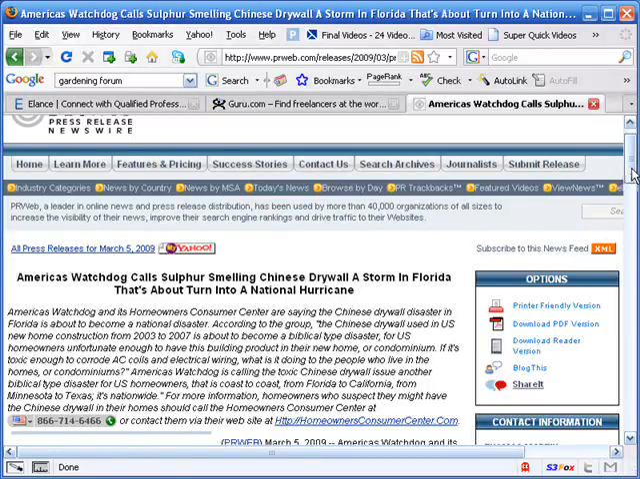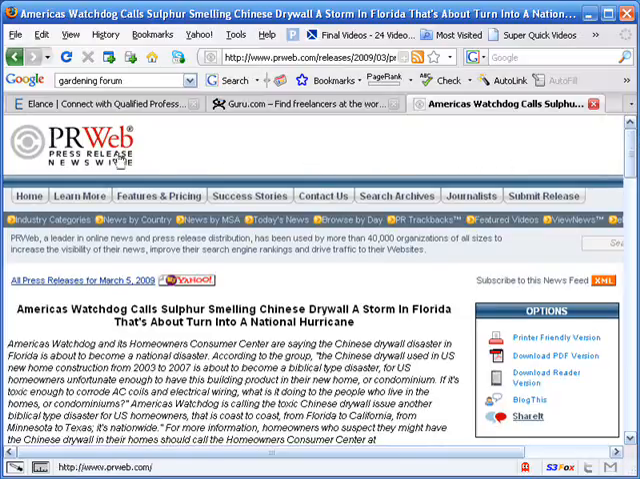And once you've got your press release put together, by all means add it to prweb.com and or add it to any of the number of